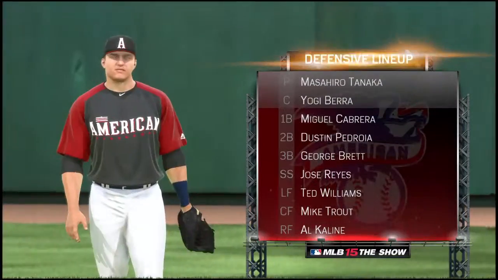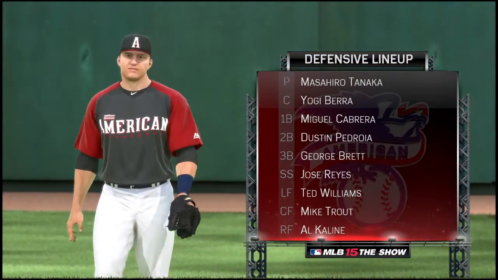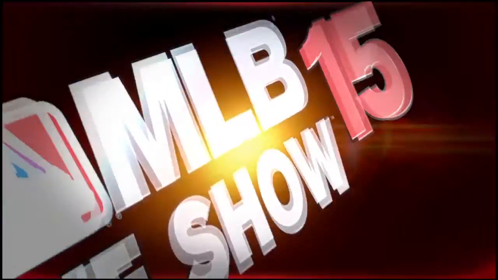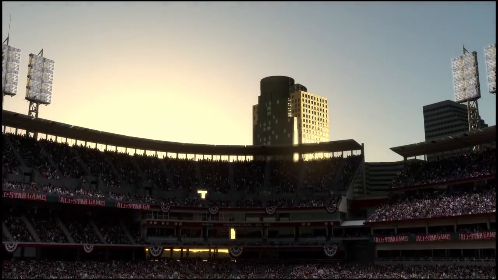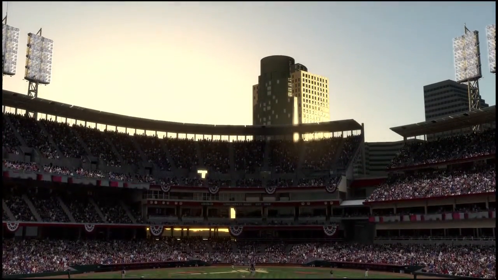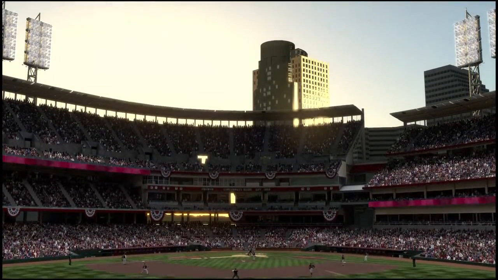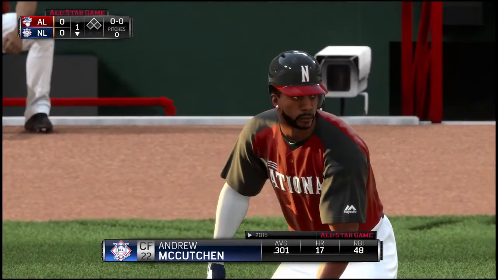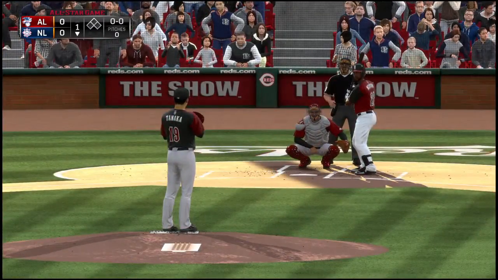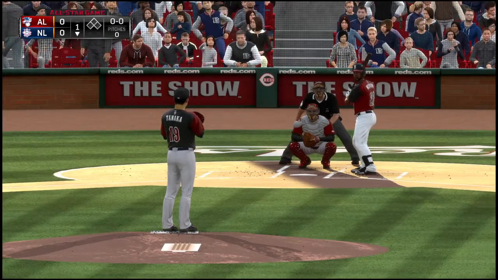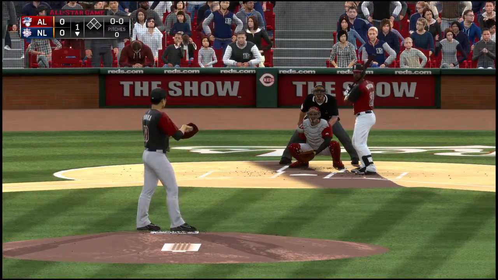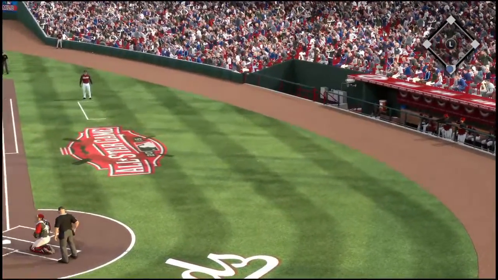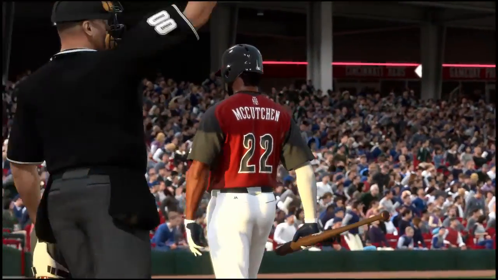And in the field behind him, the American League stars look like this. And there you see the leadoff man, Andrew McCutchen, as he'll start us out in the home first. Center fielder, Andrew McCutchen. Swinging, a ball hit softly on the ground. This is foul for the first strike.